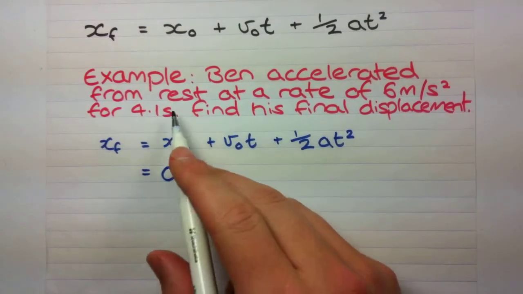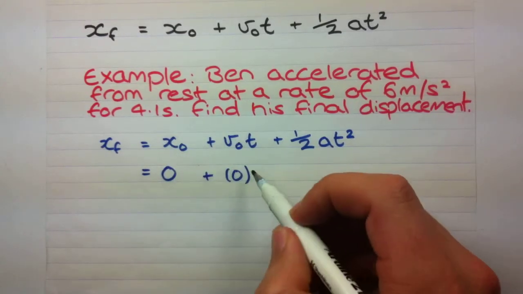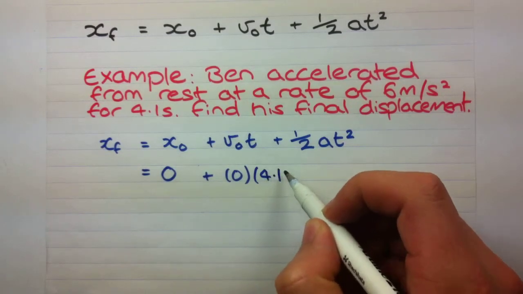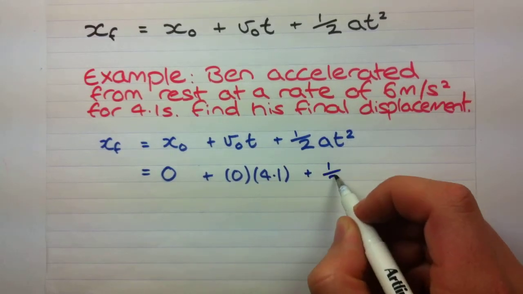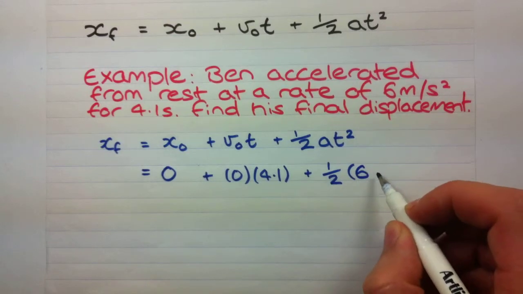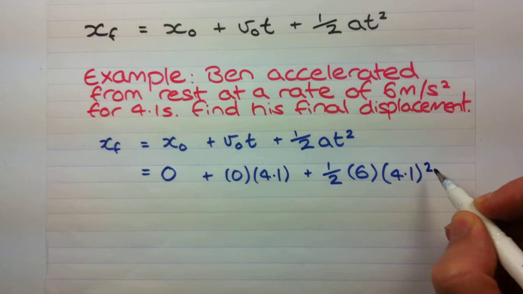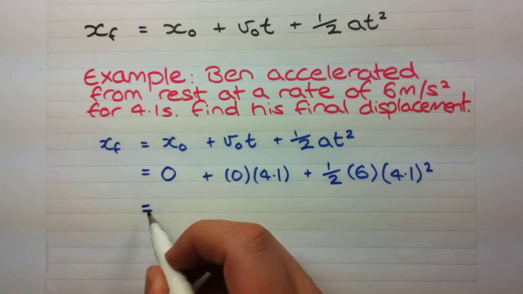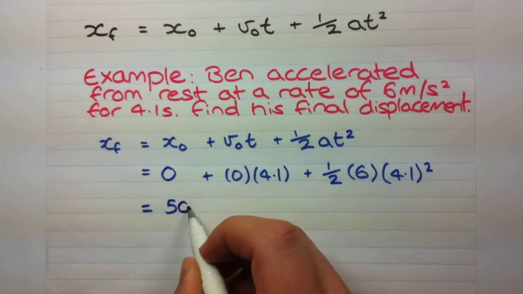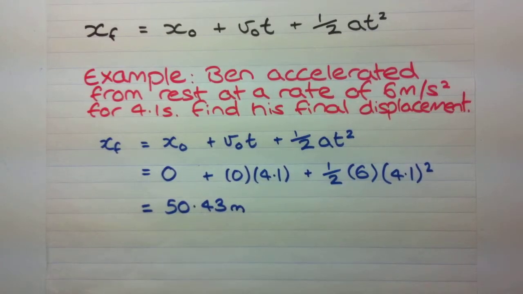Initial velocity from rest means that his initial velocity was 0, and it took him 4.1 seconds. Acceleration is 6 meters per second squared, and the time once again 4.1 seconds, squared. Now if you type that into a calculator, you'll find that is 50.43 meters that Ben travelled, and that is how we use that first equation. So moving on,